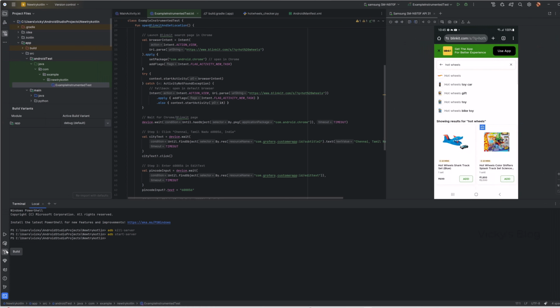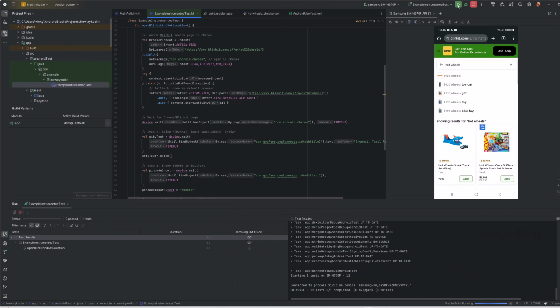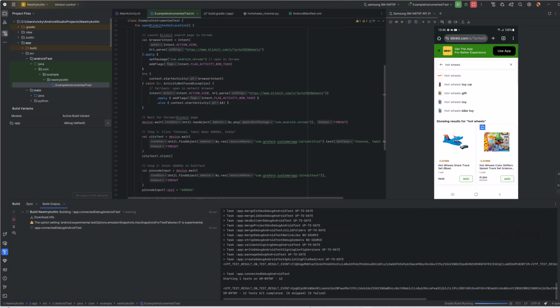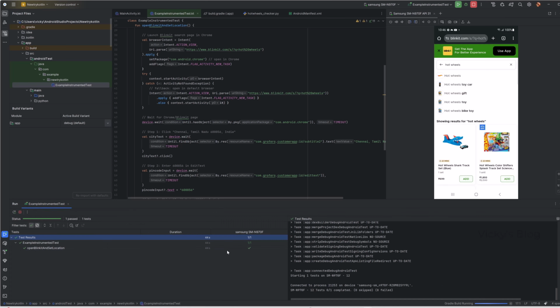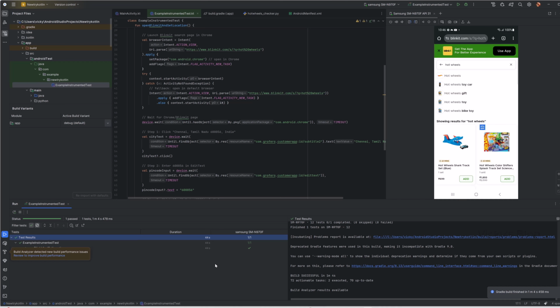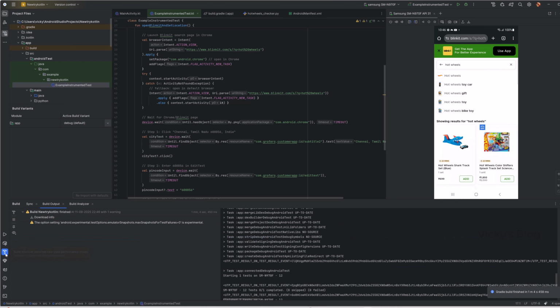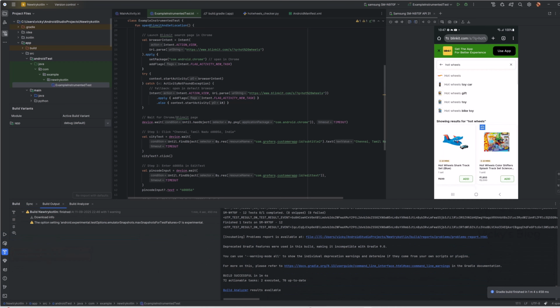I am going to rerun it. I think the test is successfully completed. Meantime, I'm just checking the build. Yes, there is no error. Connected debug Android test is also running. Fantastic, friends. So the test ran successfully. I'm checking the build also, and I do not receive any error. So this is the way you can fix the issue easily on your